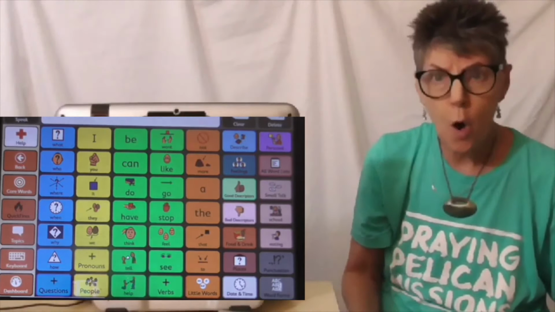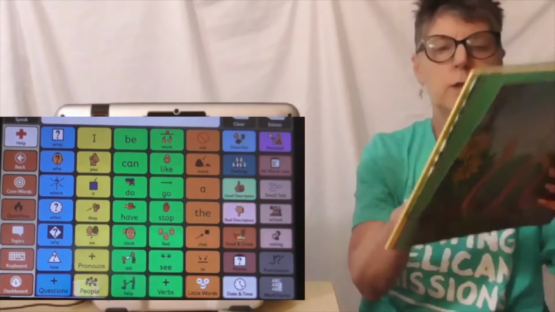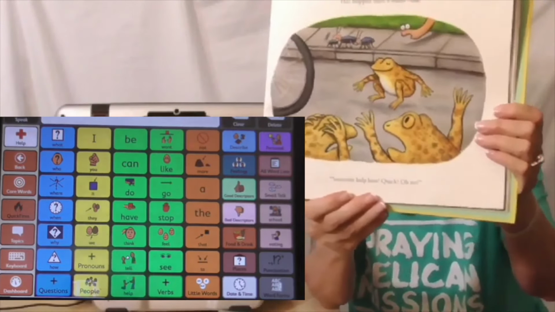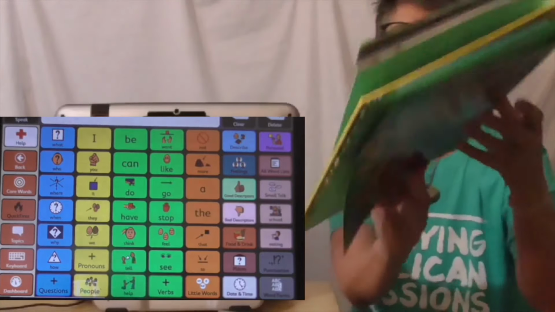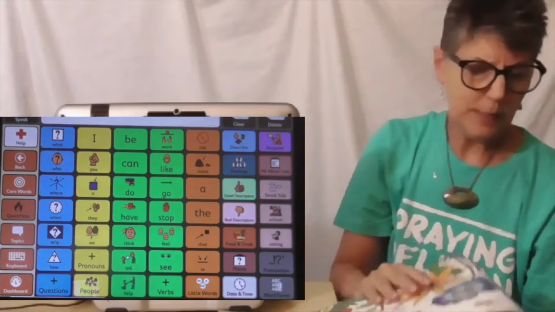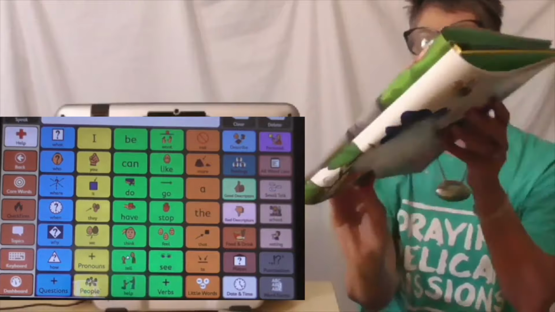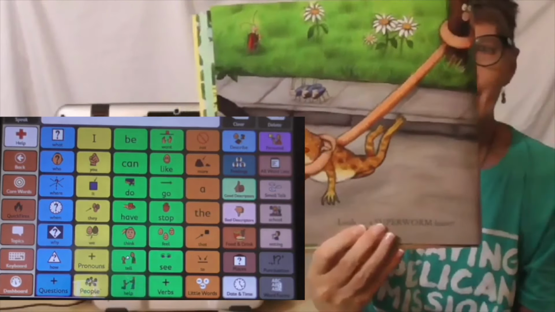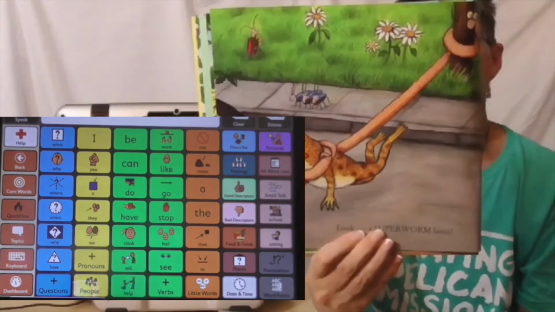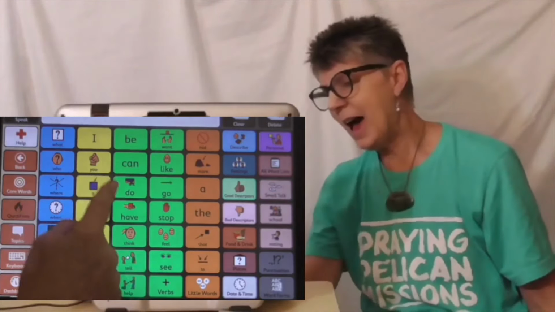Quick, oh no. You have to take a look at the toad in the middle of the road. I almost forgot to show you. Sorry. I get so excited when I'm reading. Look, a Superworm lasso. Whoa, I have to tell you, I think